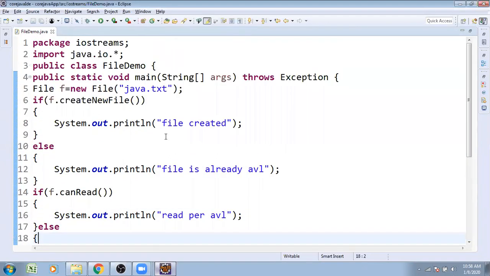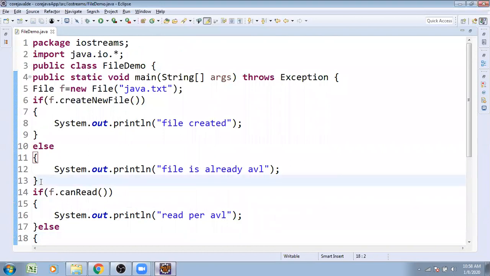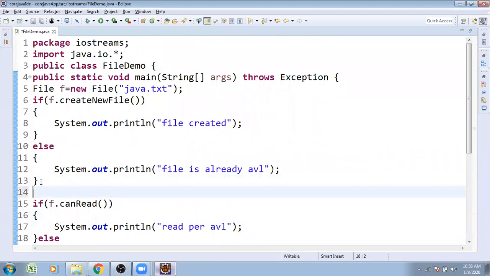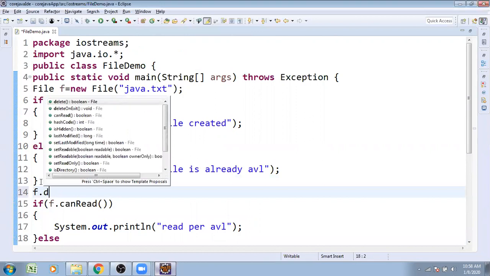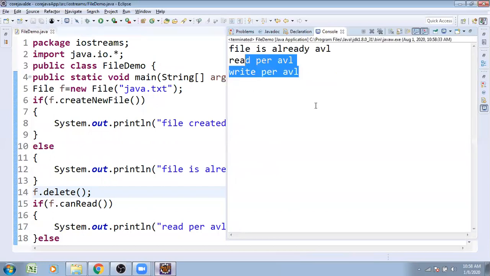But what are we doing? I am creating the file. Abhijit is going to be using the file. But meanwhile, somebody, XYZ person, is going to be accessing our application and he is going to delete it. Previously, before applying the delete method, you find read permission, write permission. But somebody deleted, then you see the file read permissions are not available, write permissions are not available. This is the way we are going to cross check before using.